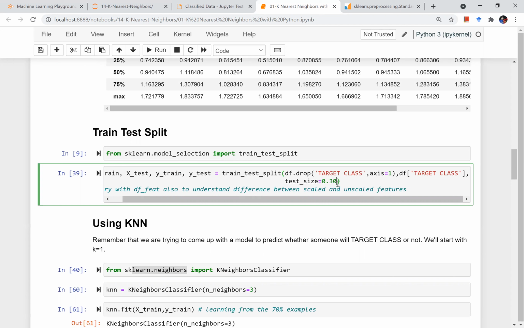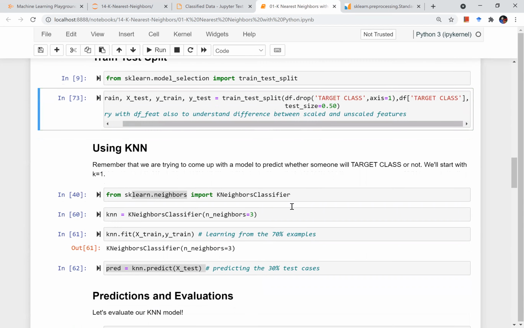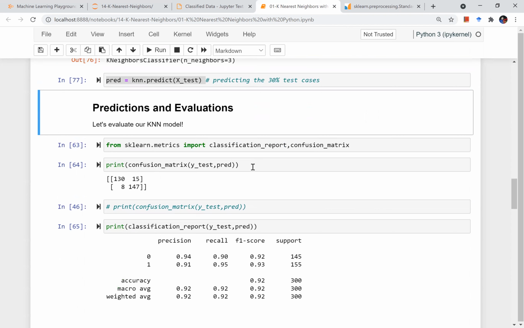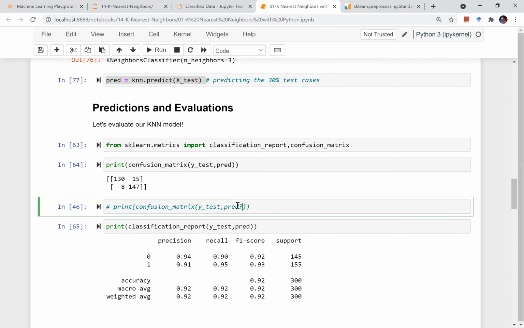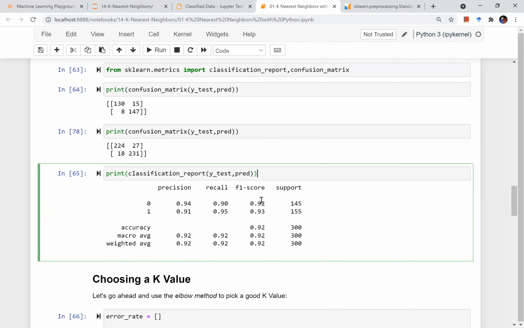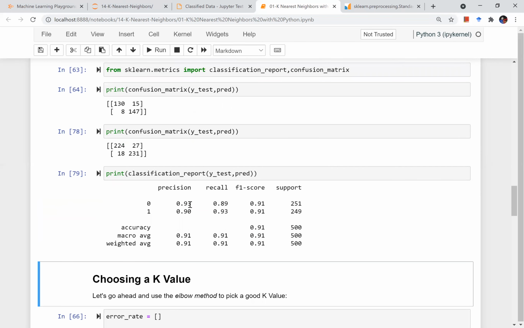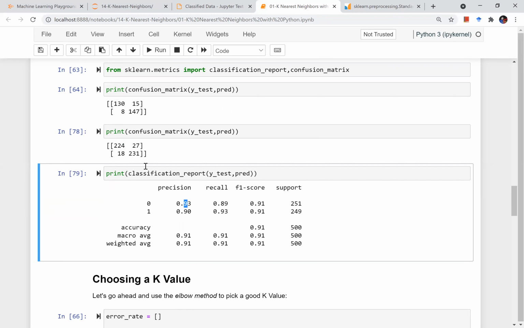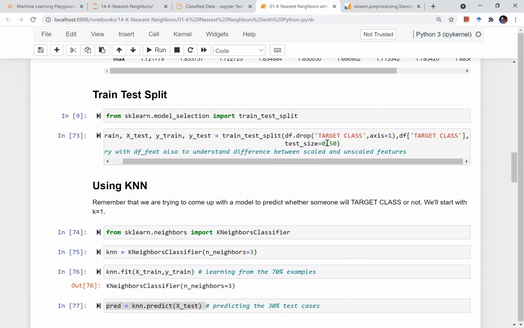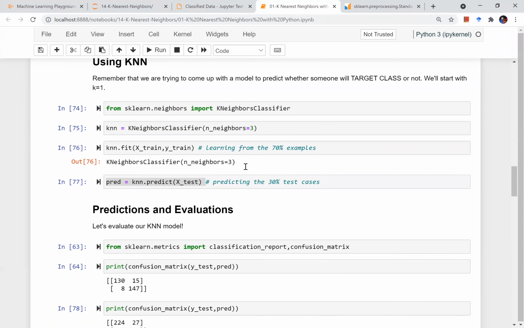Let me make the test size 50, fit this and make predictions, and run it. So see, I'm getting these examples. What does my classification report say? I'm getting a better accuracy presently, by making it 50%, 50% testing and 50% training.